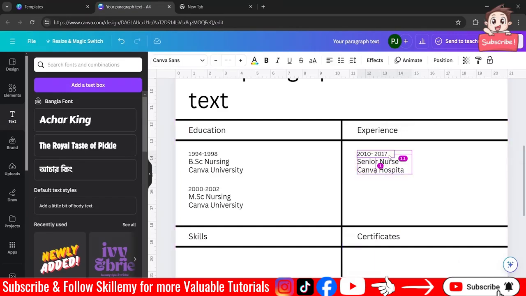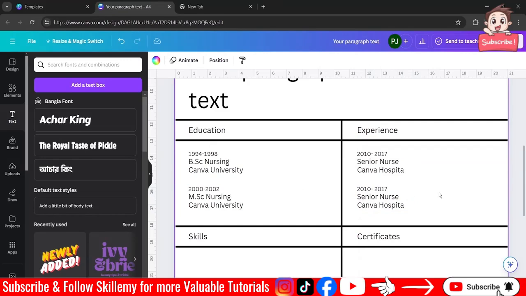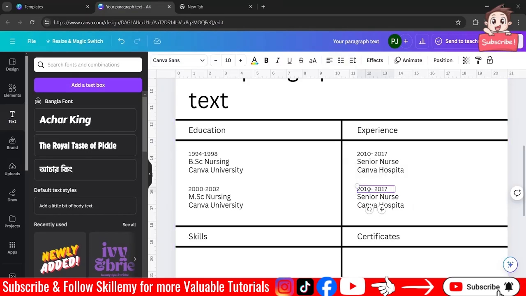Now let's make another copy of this one and place it over here, aligning this one over there. So alignment is done. And now let's change the values over here.